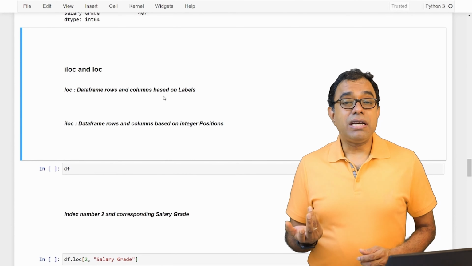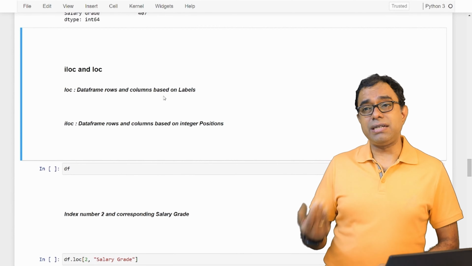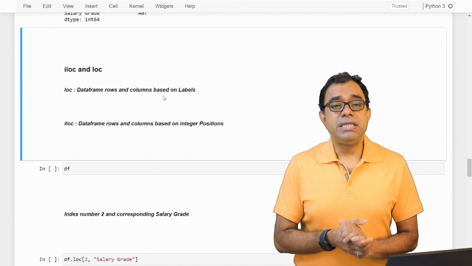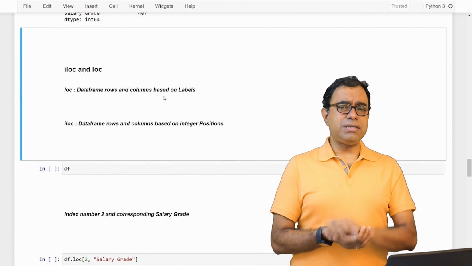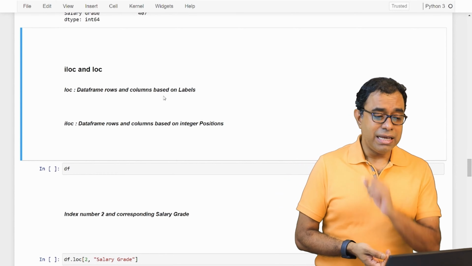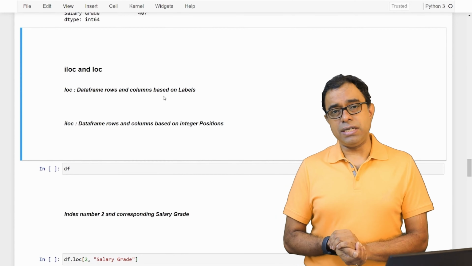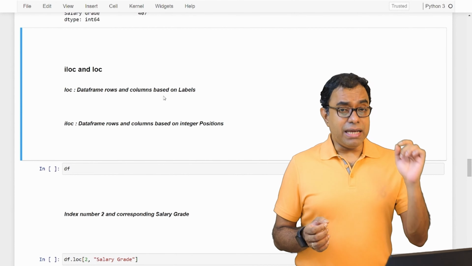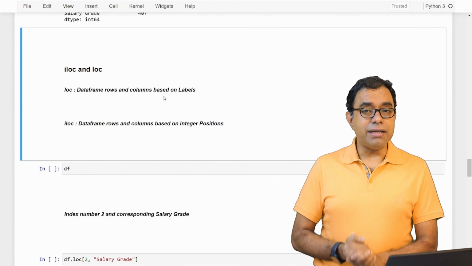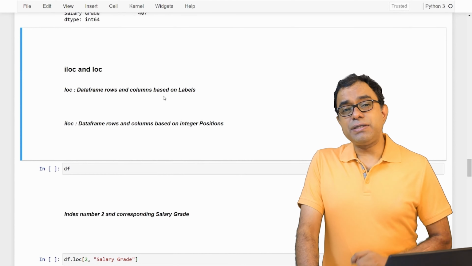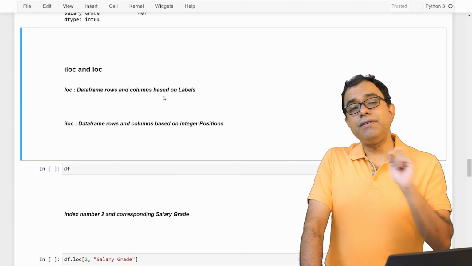For doing any particular calculations, or for that matter depicting a particular piece of information, we need to extract data from rows and columns in such a way that we can extract a part of the data. And for that, two functions are used, called ILOC and LOC. The difference is that in the case of LOC, the row number will be a number, but for columns, you need to provide the column label, like years of experience. And in the case of ILOC, consider the I as integer, where you can give numeric values.